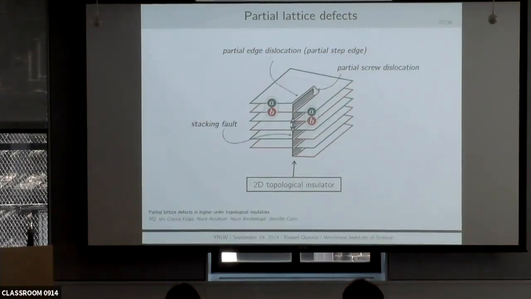And I can terminate now this stacking fault, and I would terminate it in a screw dislocation. But this screw dislocation is not a normal screw dislocation. It's a screw dislocation where you start on sublattice A and go to sublattice B. So you start in green, you go to pink, then you go back to green, and so on. So this is not a proper topological defect as known. But now,